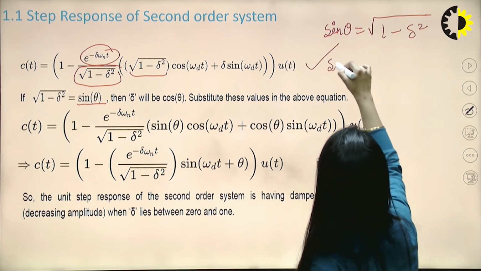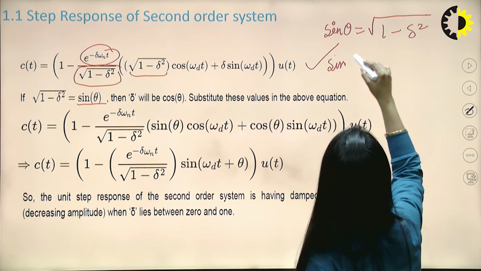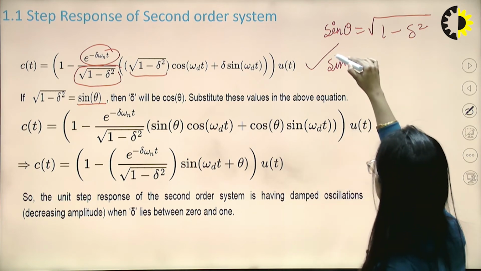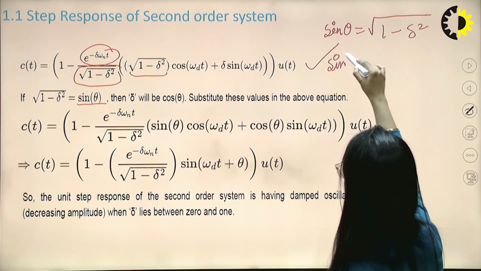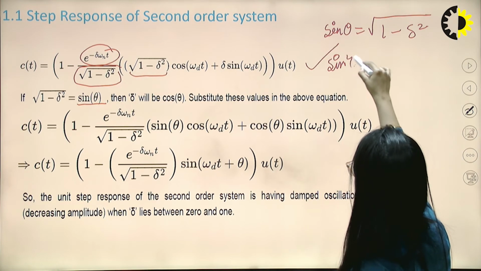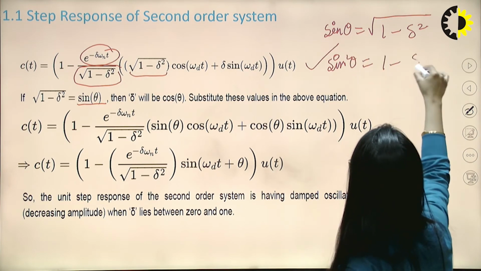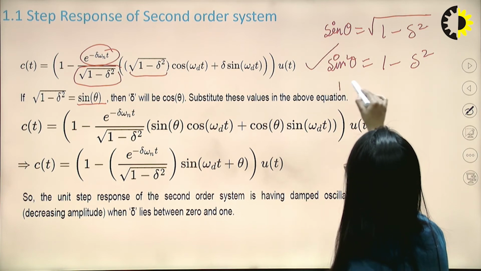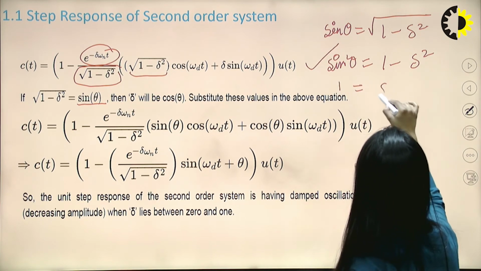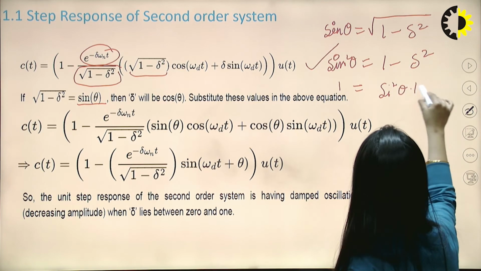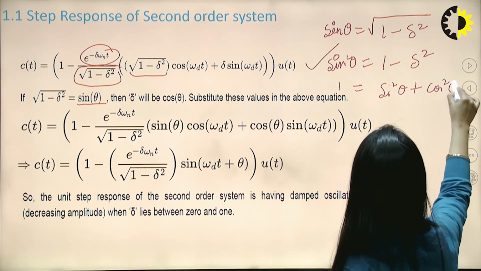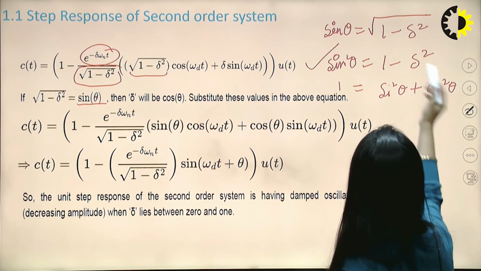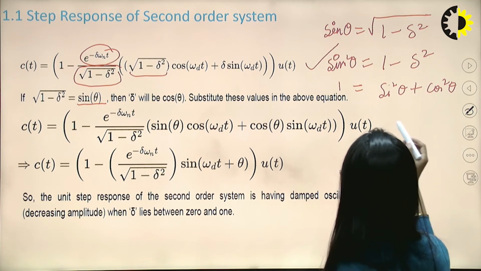Then, squaring both sides, we can write sine square theta is equal to 1 minus zeta square, and we can also write 1 equal to sine square theta plus cos square theta. So if we compare the two equations, we can write,